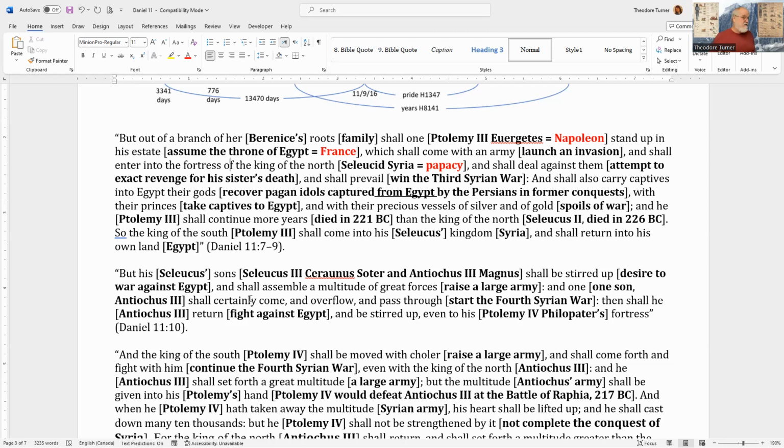And now I don't think that's a problem. I think we can make an application because this is a history that's fulfilled in the past, and it parallels our history. And if it parallels 1989, it also parallels 1798, right? But 1798 isn't present truth. So if we're going to make a present truth application, we have to look at 1989. So I don't think it would be wrong to make an application to 1798.